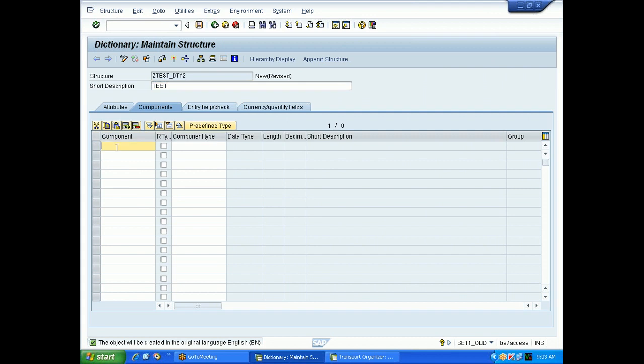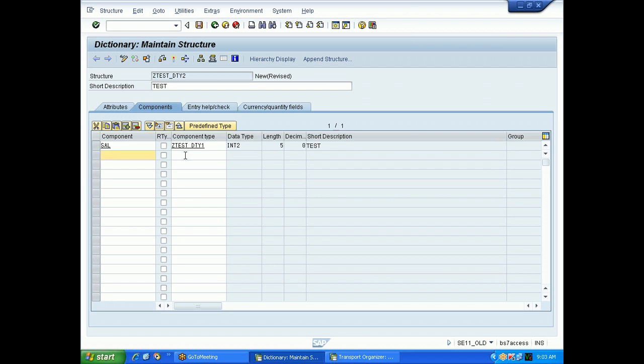In the structure, you can give the field name and the data element. For example, just now I have created one data element, right? I will use that data element here. Similarly, you can use data elements which already exist.